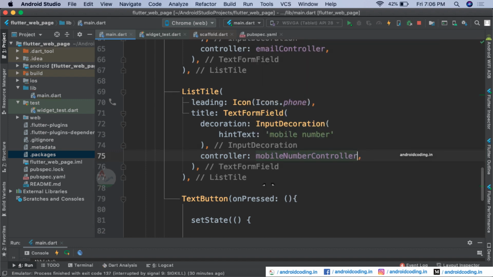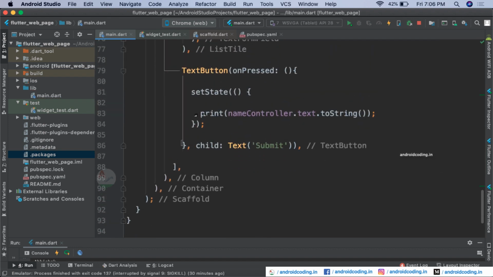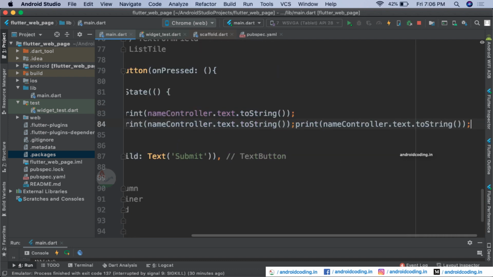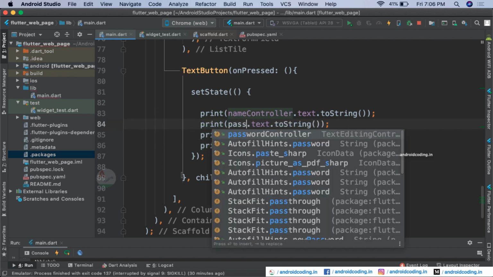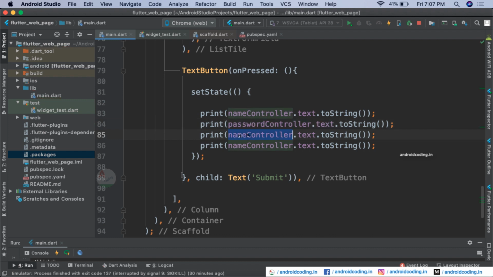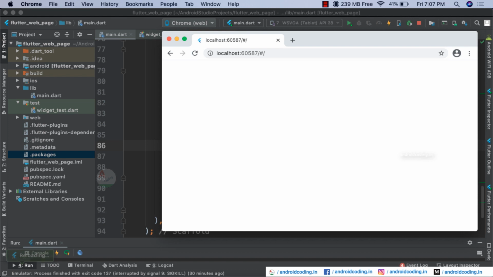Mobile number controller, and now add three more print statements here, and change their names accordingly: password controller, email, and mobile number controller. And now refresh the code.